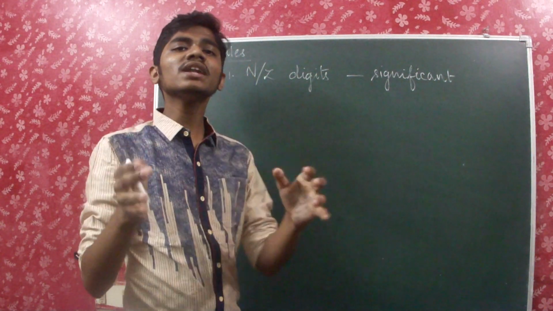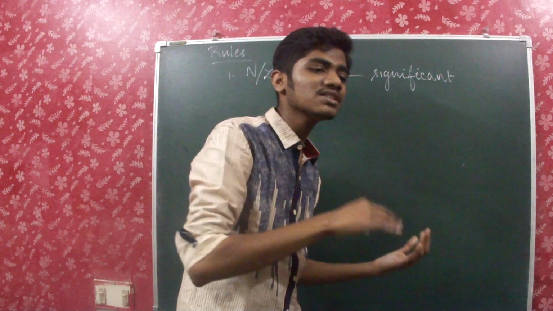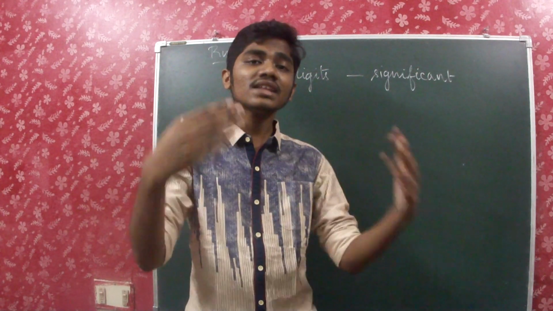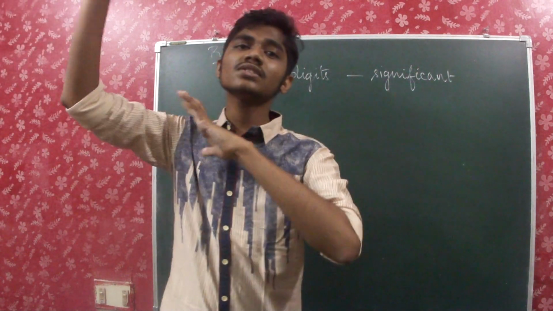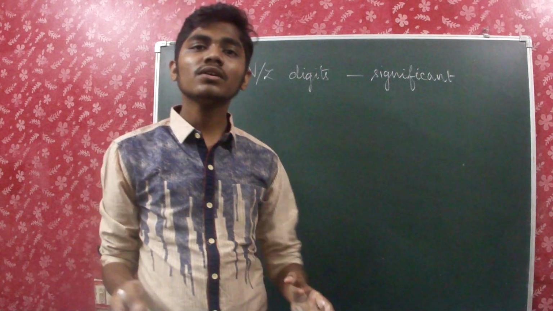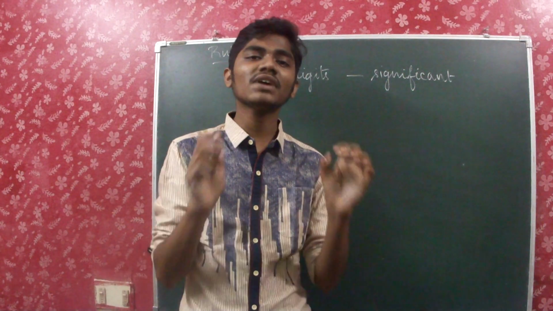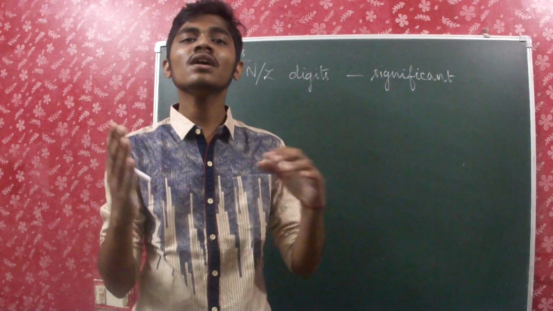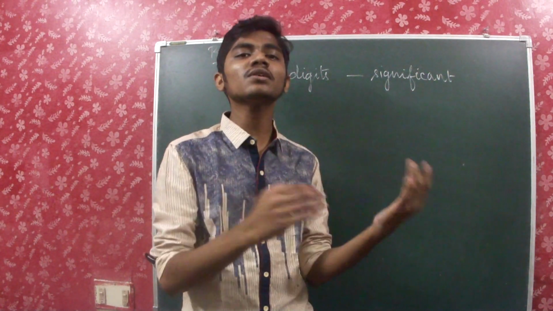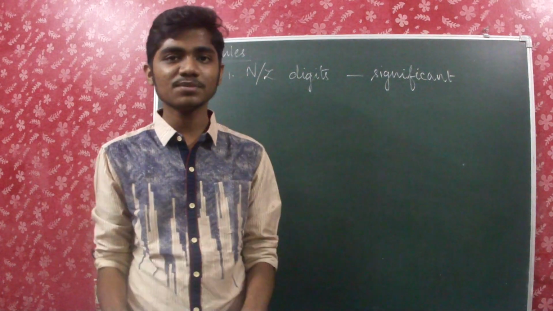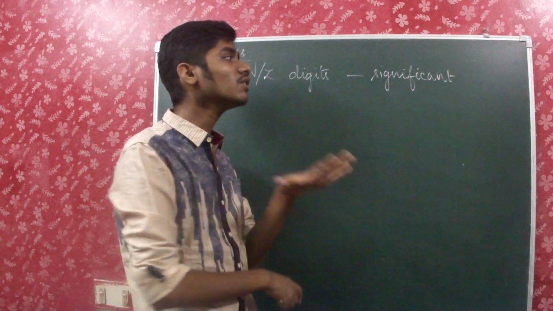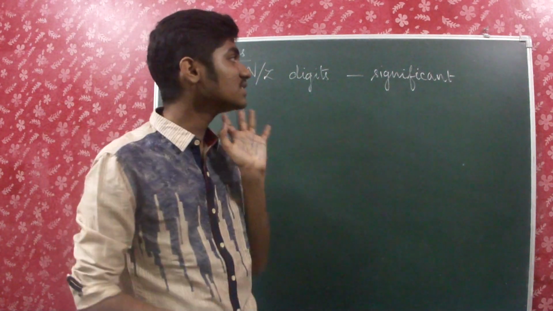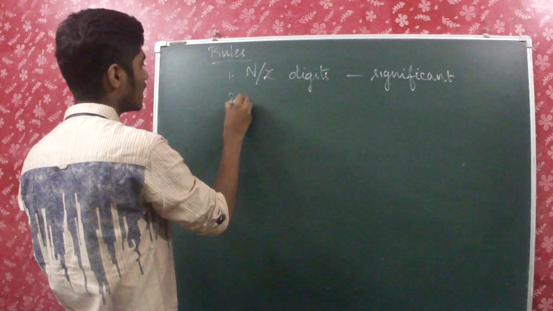So the problem only occurs with 0, whether it comes before the decimal point or after the decimal point or as trailing zeros, the problem only comes with 0. All the digits which are other than 0, like 1, 2, 3, 4 and all the natural numbers, are significant. Okay, so the digits 1 to 9 are significant, whereas 0 is very ambiguous. It plays a different role according to the place where it is placed. But all the non-zero digits are significant. That is the first point. Now come on to the next.